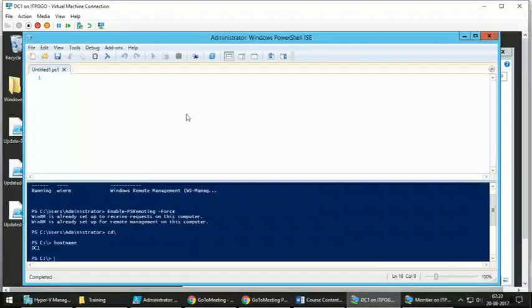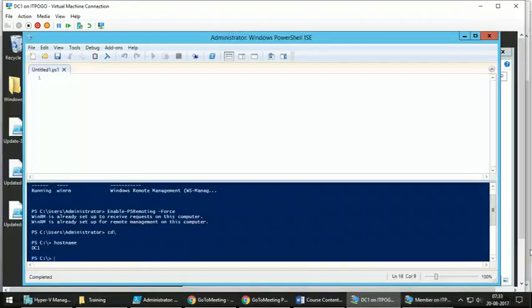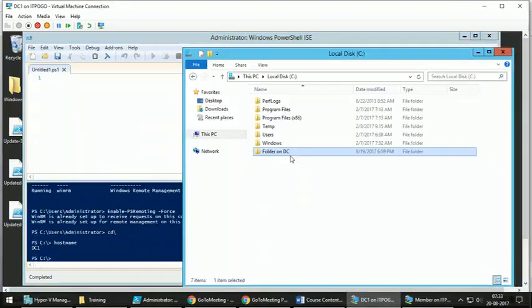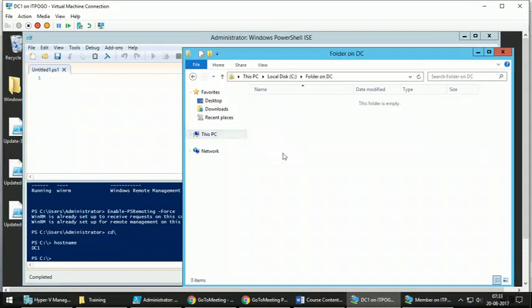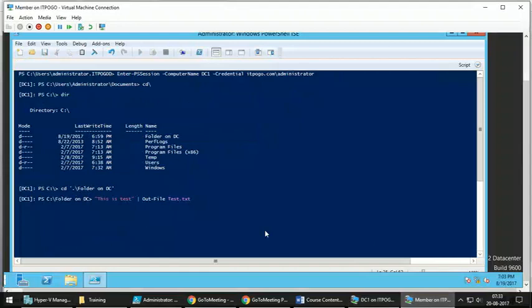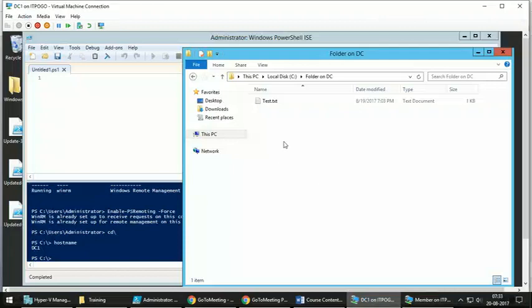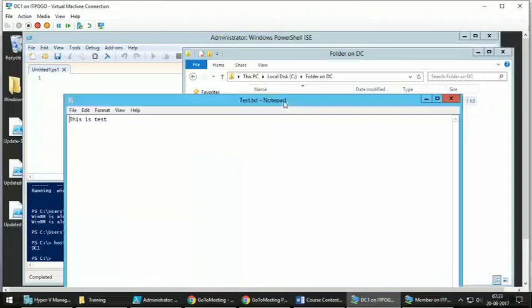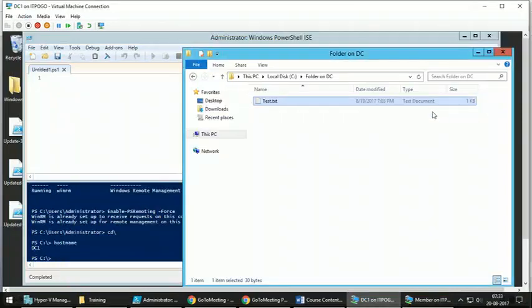Currently, if you go to the domain controller and look at that folder, there is no file. But from here, when I run this command, that command will affect the target machine, and this file has been created there. This is called one-to-one remoting.